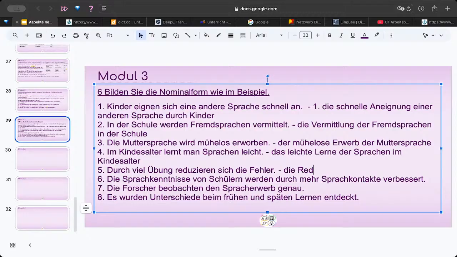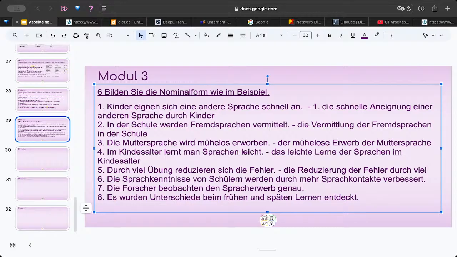Die Reduzierung. This is dative. No, it's genitive. Yes, plural. Der Fehler, because you know it's plural. Der Fehler durch viel Üben oder durch